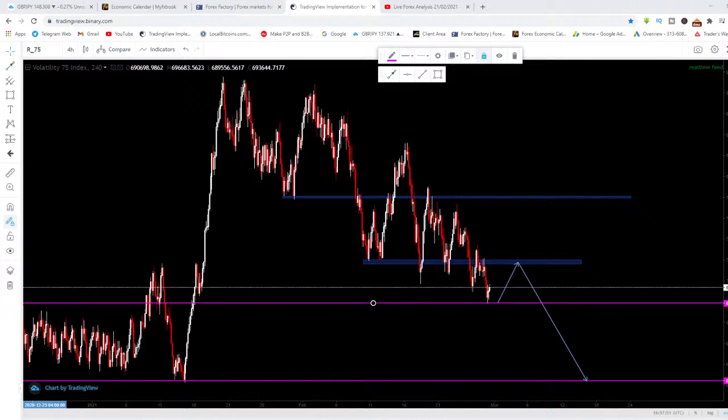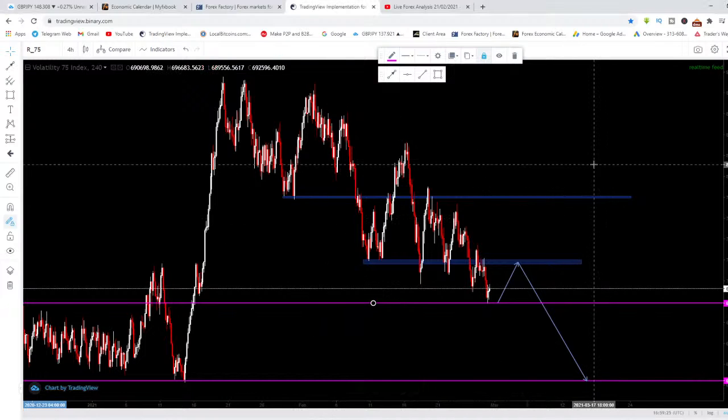I don't have any time to go back and start doing volatility 75 analysis again. I did not say V75 is going to buy. Nah, that's not what I said. I said V75 is going to sell, not a buy. Understand what I'm saying? It is very, very obvious, what I said on the chart right now. So it is up to you. If you want to buy it, you buy it. But I've done my analysis and told you my opinion regarding everything I've done on